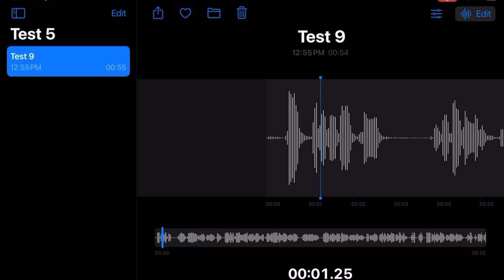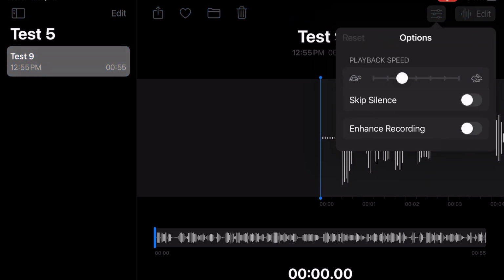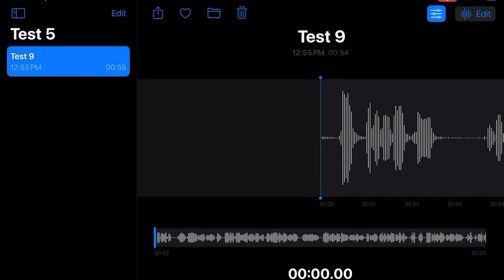Some of the features that you can do here, if you hit those 3 lines there on the right-hand side, you can speed it up, skip silence, a very nice feature, because when you turn that on, any pause in the WAV file, it'll skip and it'll go. If you have background noise, you can turn on enhance recording. So now when we play it,